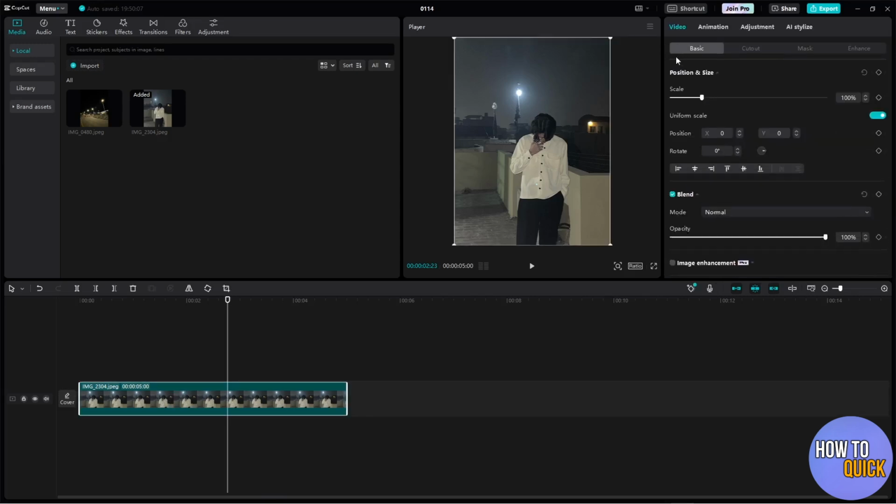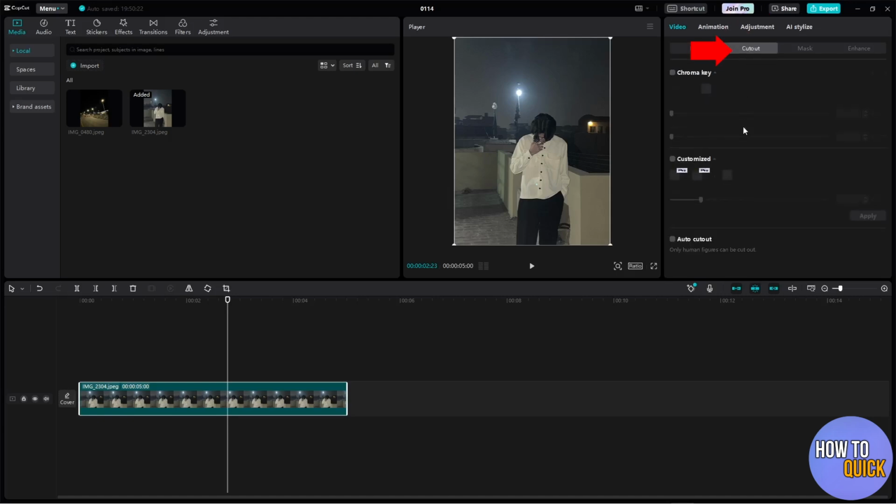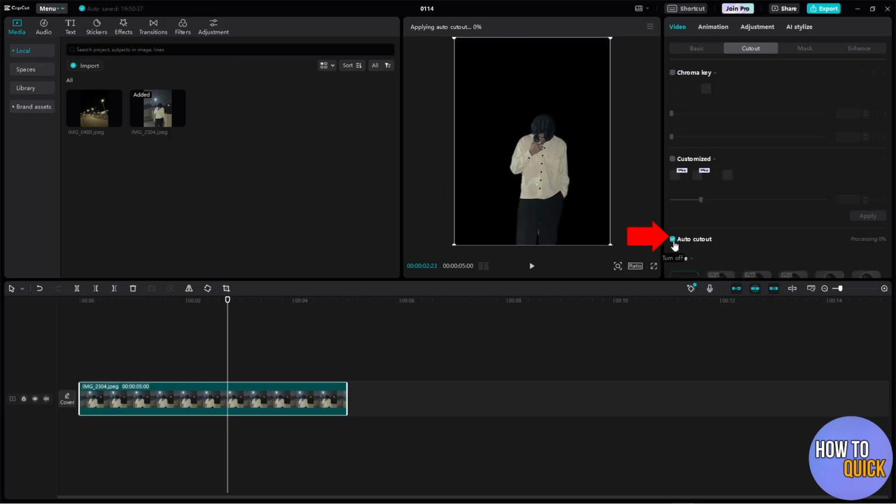Then, by default, the basic section will be opened in front of you. So now, what you have to do is that you have to click on cutout. Once you click on cutout, you will see an option that says auto cutout. So now, you simply have to check mark this option. Once you check mark it, you will see that the background of your photo or your video is now removed